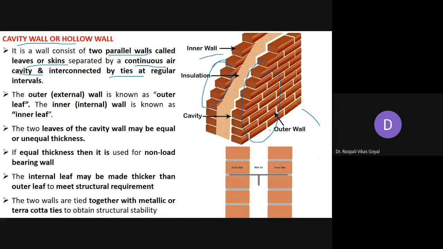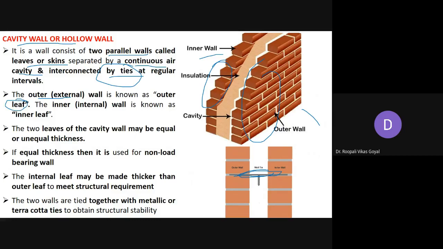and they are interconnected by ties at regular intervals. Because as such there is no connection between these two walls, at certain points you have to provide connections. For that, at regular intervals, the interconnection is provided by means of ties. This kind of tie, that is wall ties, will connect both the inner and outer walls. Generally the outer wall, which is the external wall, is called the outer leaf,